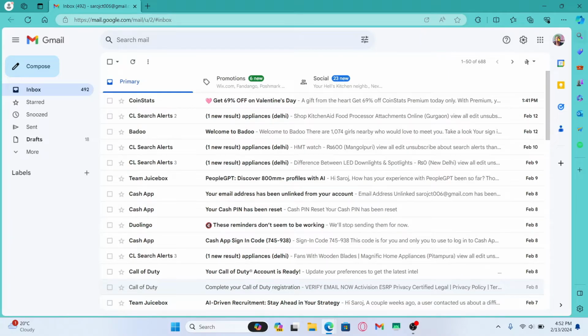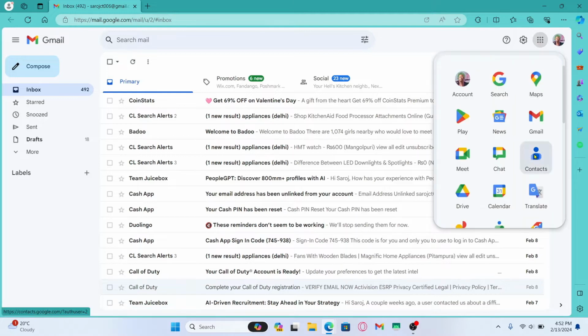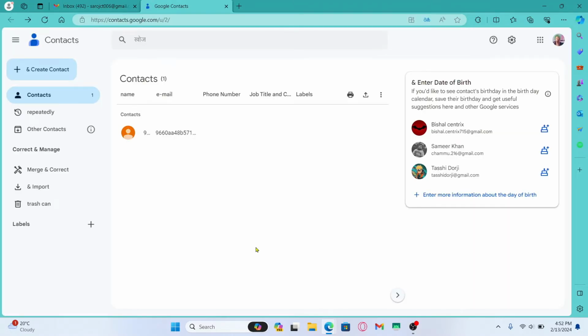Now from your inbox page, tap on the apps menu at the top right corner and then click on contacts. You will then be taken into your Google Contacts page. Now from your contacts page, in order to add any contact, you can simply click on the plus icon at